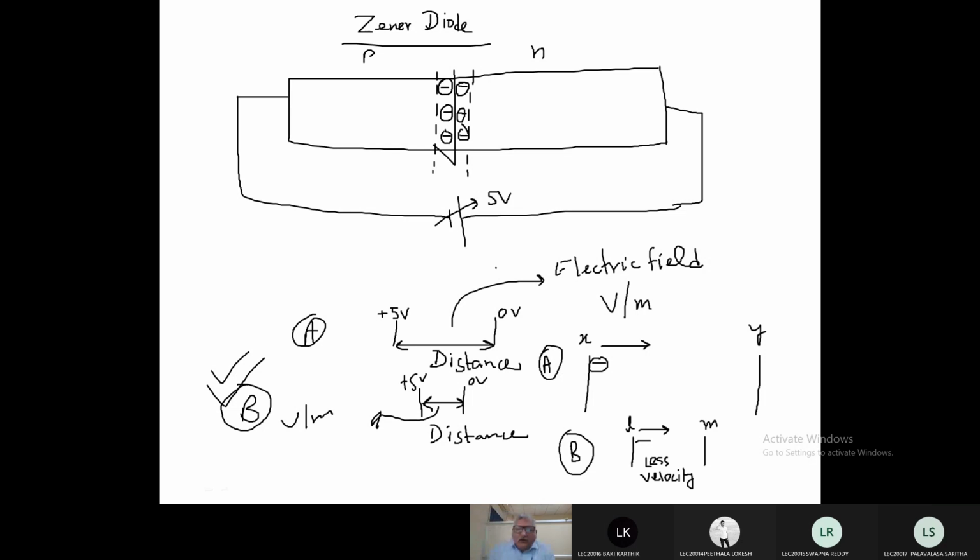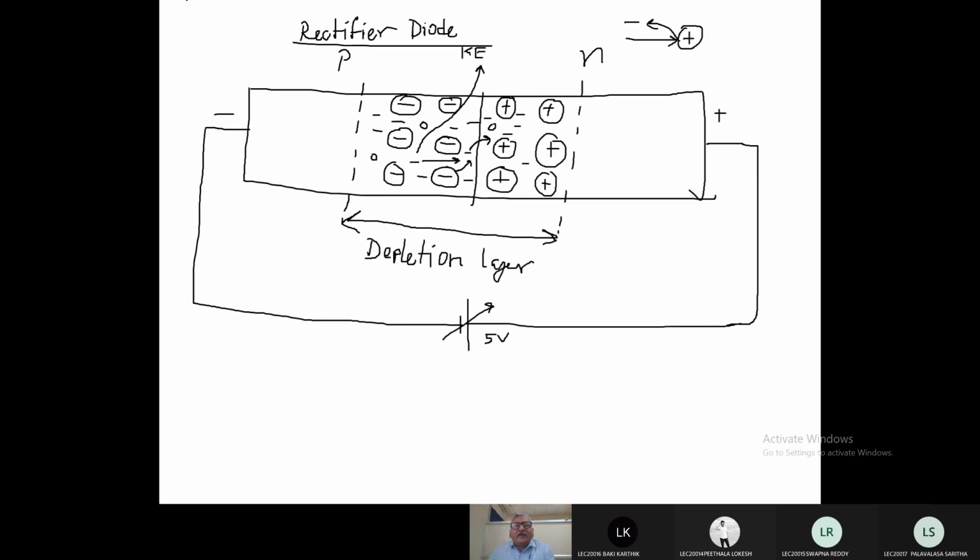Okay. So now you see this rectifier diode. Here the distance is more, right? Depletion region is wide. So what will happen if the electron starts moving from one place to another place? Then it has sufficient time to gain velocity. So due to that high velocity, it will have high kinetic energy. With high kinetic energy, when it strikes any atom, electrons will come out by breaking the lattice, because very high velocity electrons are striking the atoms.